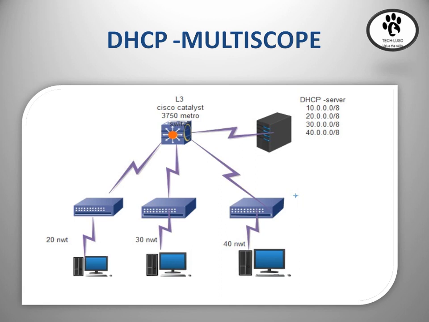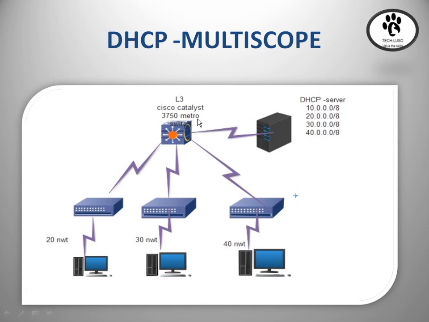So here you can see the multiple scope scenario. I am going to show how the DHCP option appears in a wireless router, how to install DHCP on a server and assign, as well as how to provide different DHCP IP address ranges for each and every network. We are going to see this scenario of DHCP multiple scopes.